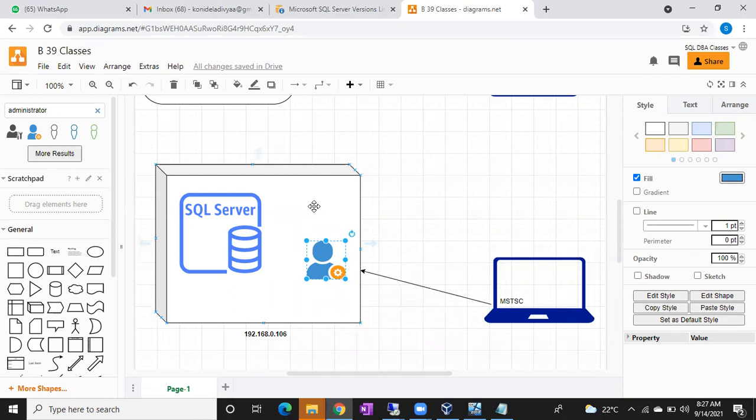What it means, if you want to log into Gmail, your account should be created in Gmail. If you want to log into net banking, your account profile should be created in that particular net banking database, right? So if you want to log into the server, your account should be created in the server, right? Right or wrong? That account name and password you are giving here.